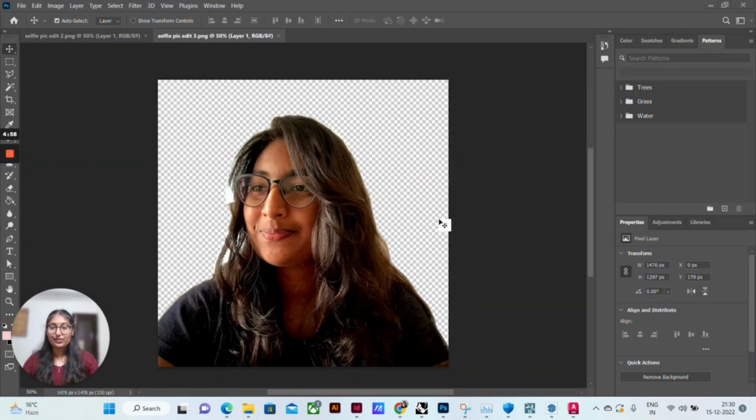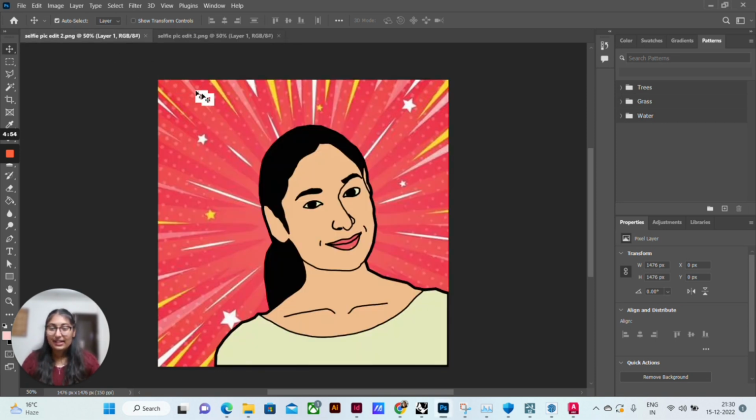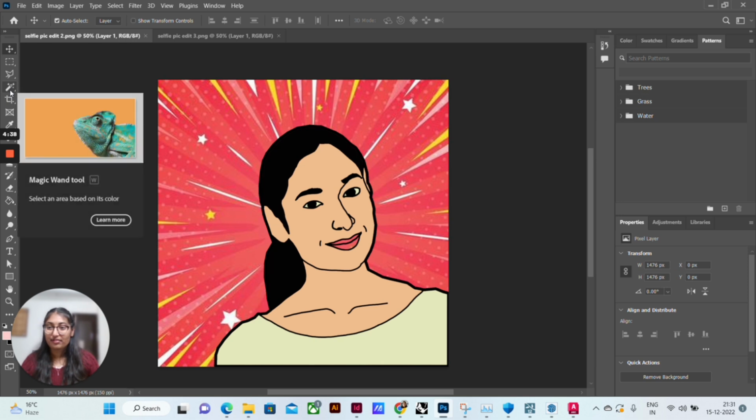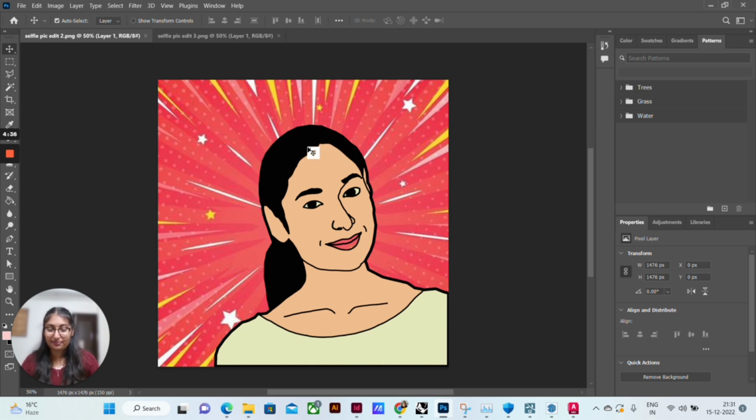Photoshop is another tool which we learned during our third semester. In this software, we were asked to edit a selfie picture of ours. In my first edit, I used the brush tool to trace along the image, and then I used the magic wand tool to create the surfaces. After creating the surfaces, I filled in the surfaces with color. After that, I created a background for the image.